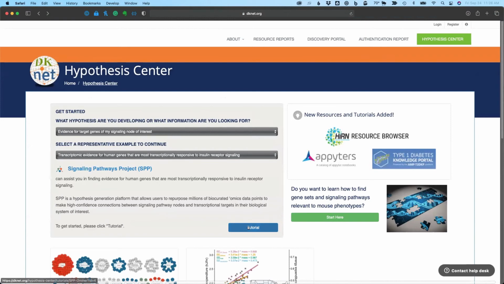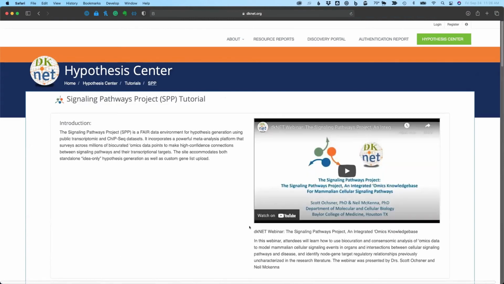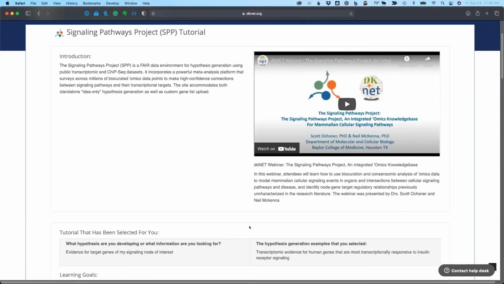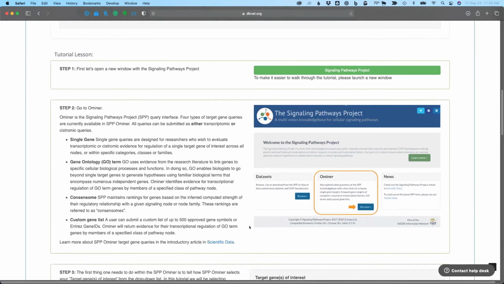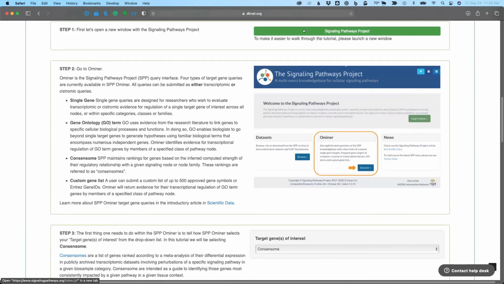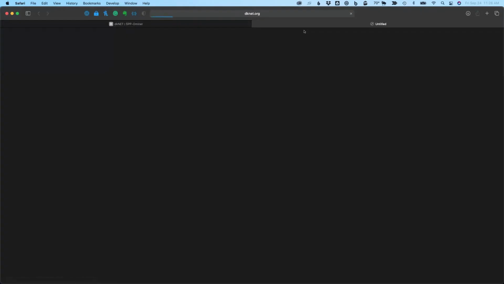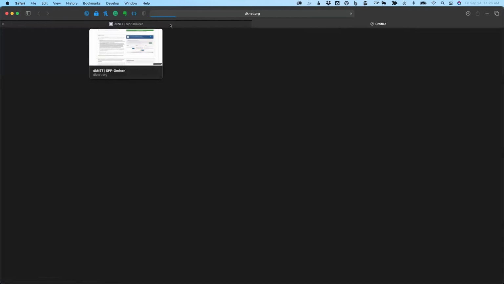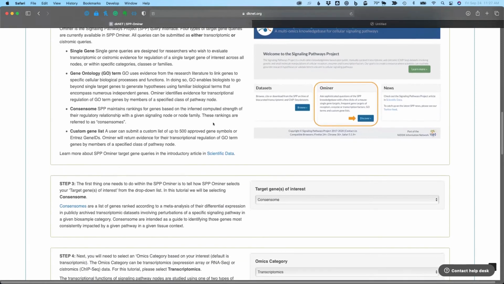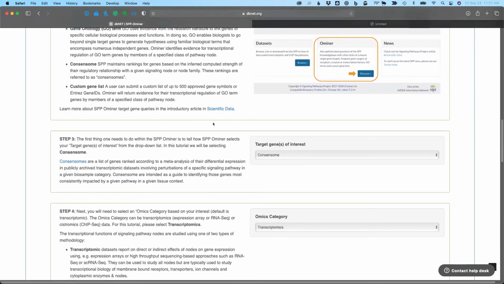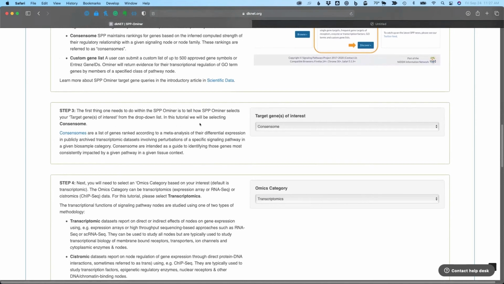If I were to go to the SVP tutorial that I had given an overview of before, we'll go through and show you a little bit more of the tutorial itself. So once we launch signaling pathways project, this is going to be launched in a separate window, and apologize for my slow internet right now. We go through the individual steps. It will actually lead you through each of the things that needs to be selected. And again,